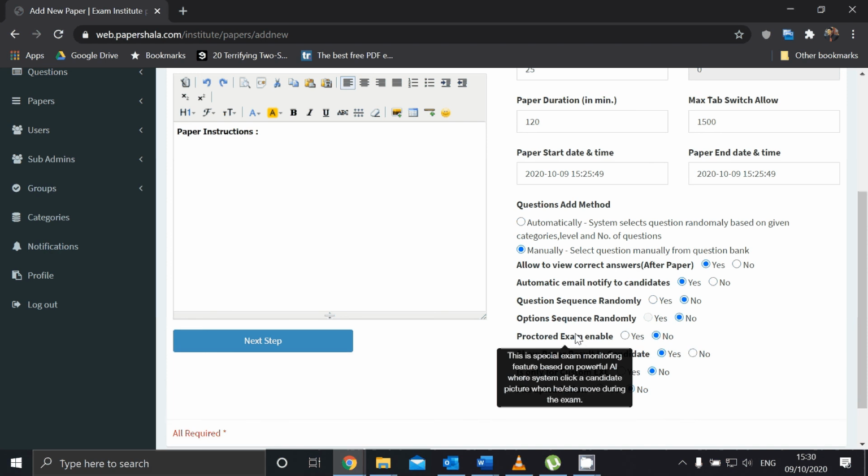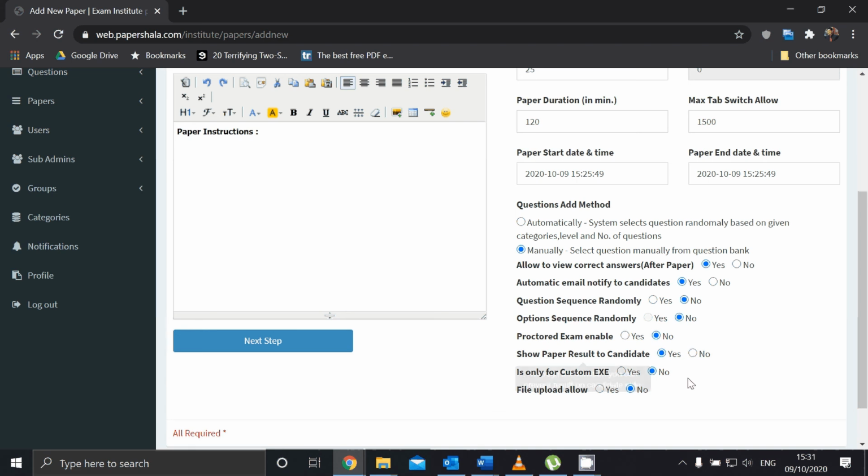Proctored enable. Now this is again a monitoring artificial intelligence system where the system will monitor the students, and it's a little bit complicated. So I have decided that for this time, for the midterms, we will not do it because it will be a lot for the teachers and for the students to understand in one go. So let us get comfortable this time, so that for the next exam we will introduce 1 or 2 of these simpler features, so that it's easier for you and for the students to understand.